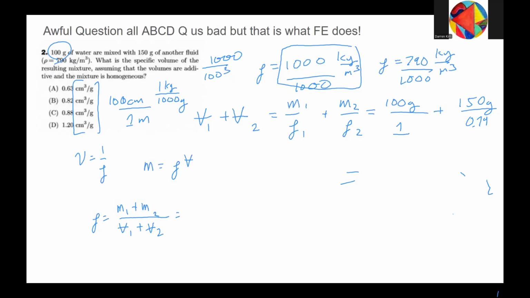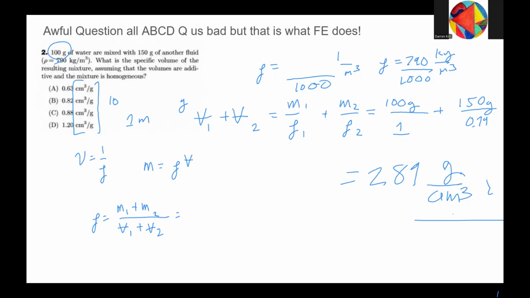I get about 289. Hopefully the numbers are correct. 289, and that would be, wait a second, it's grams on the top and cm cubed. Beautifully done. As we do this confusing question, we move on to getting the other parts of this question,